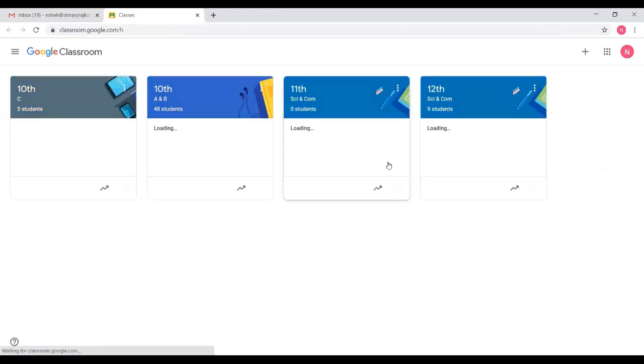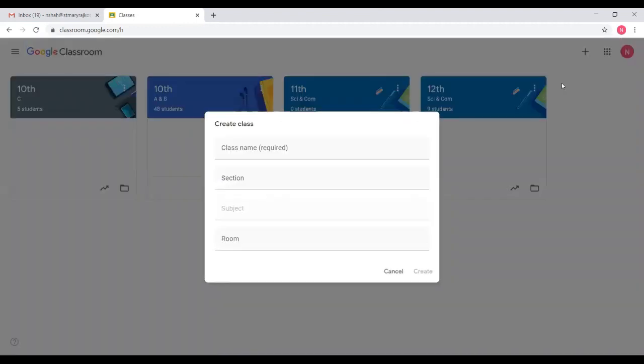So the first step was to start Gmail, log into your account, go to the 9 dots, find Google Classroom, and click on that. As you click, you will be brought over here to Google Classroom. I have already created a few classes. Let us see how we can create a new class. If you see here the plus sign, click on that plus sign and there are two options: join class and create class. Join class is for students and create class is for teachers. Let's click on create class.